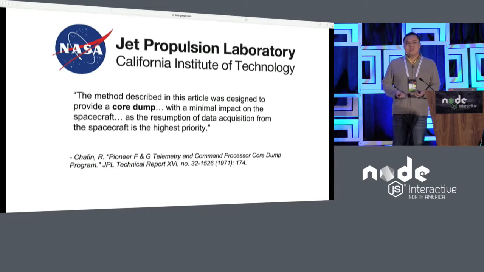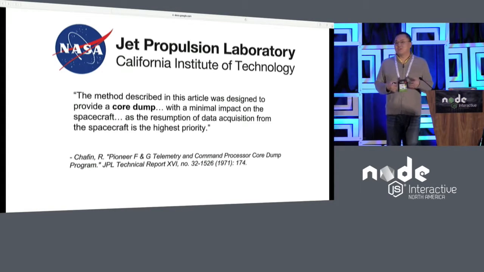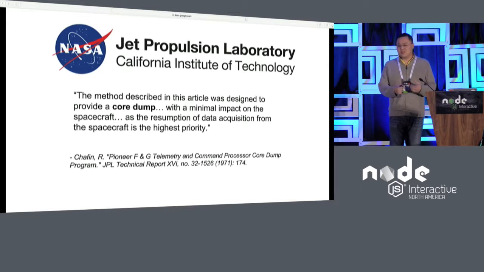Well, it turns out they use something called core dumps and postmortem debugging. Even back in '71, they released this paper from the JPL, which is really the team that builds a lot of these probes, around taking a core dump when there's a problem with a probe or some process, and then debugging it later, right? And then immediately restarting the spacecraft so they can go back and begin data acquisition again.